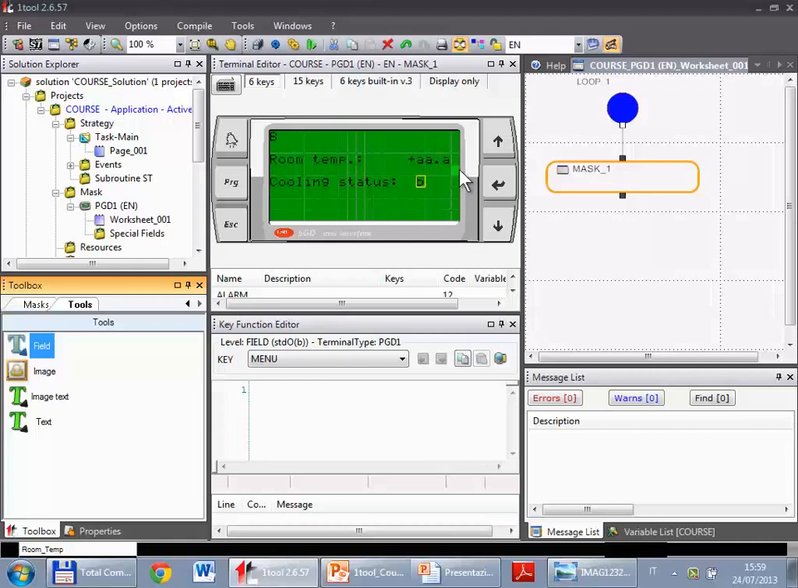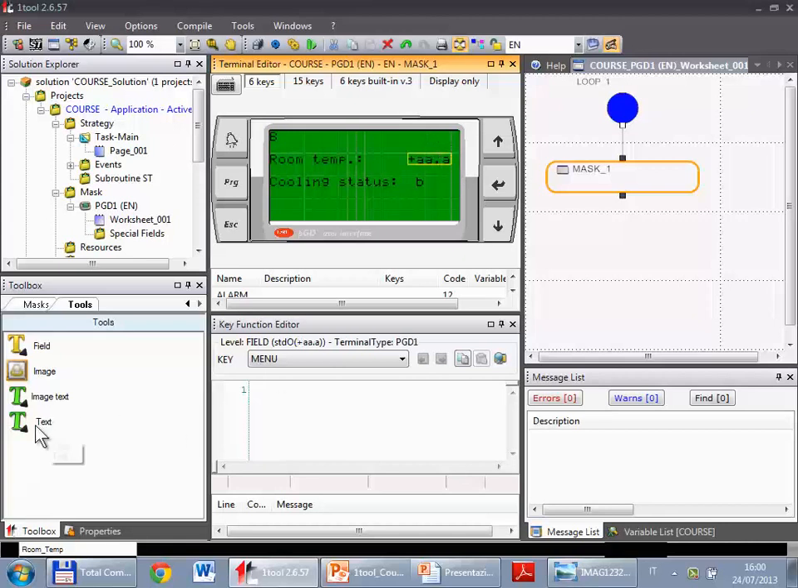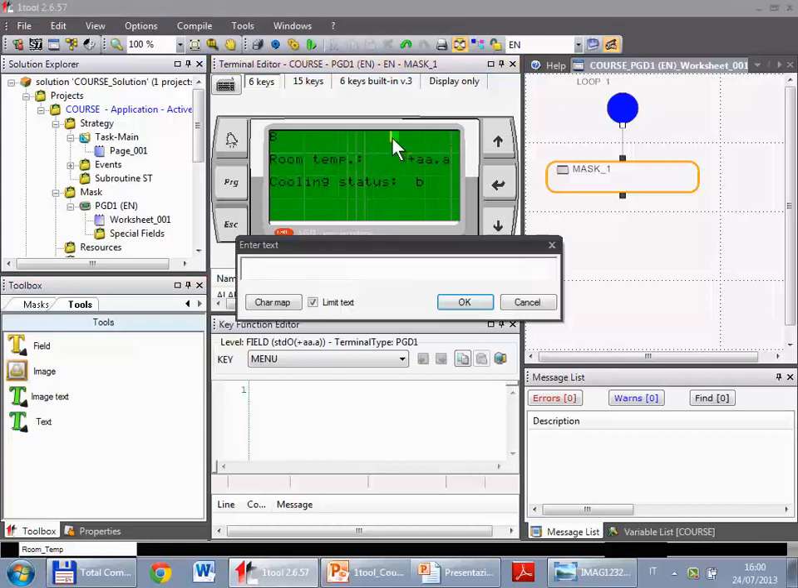Well, just to finish, I can show beside the value of temperature the unit of measurement. So I can simply place a text. I could write "degree centigrade", no space. I repeat, "degree centigrade". But this